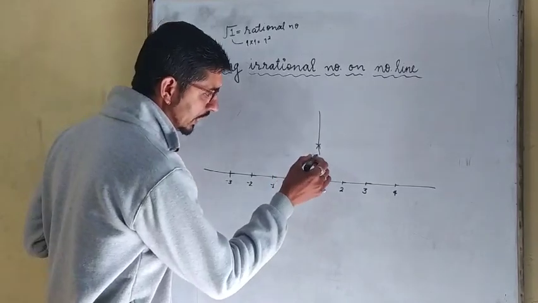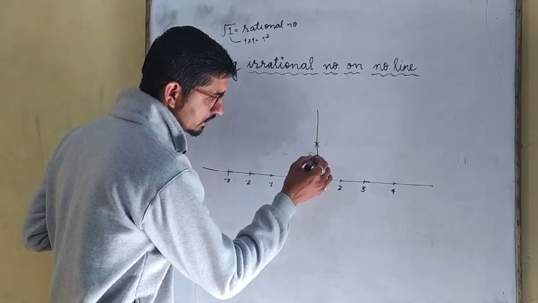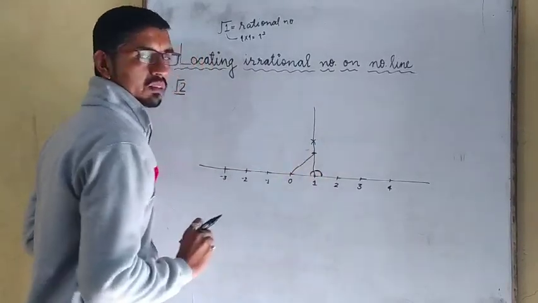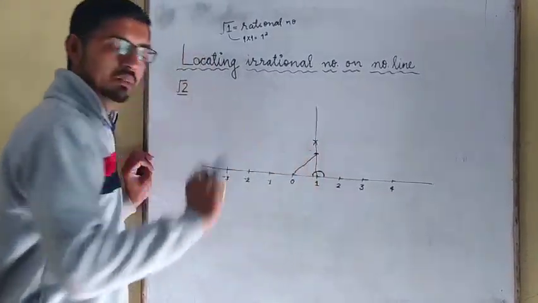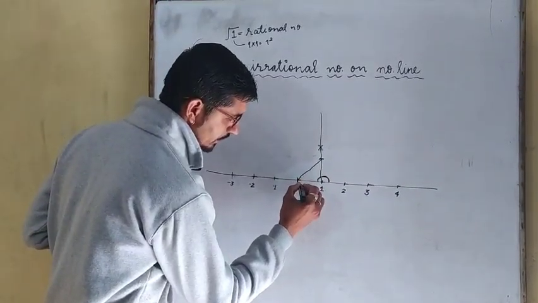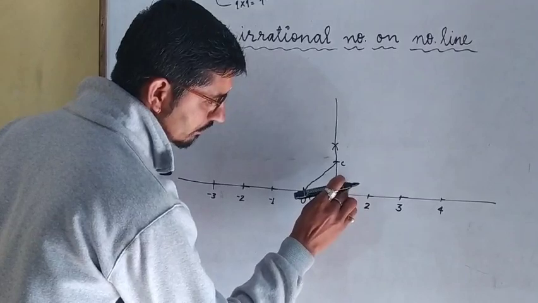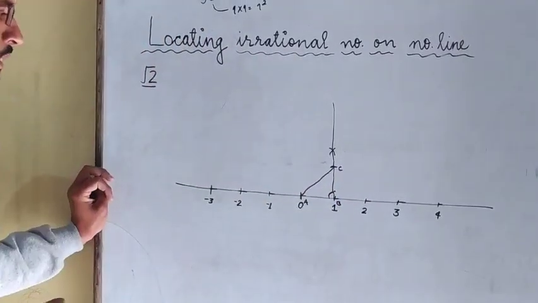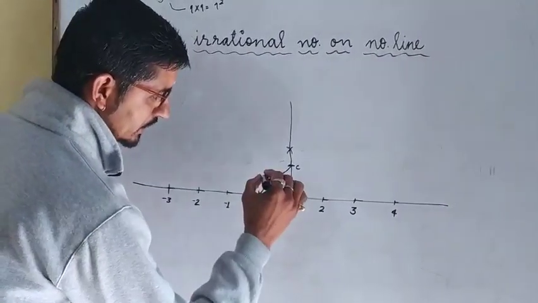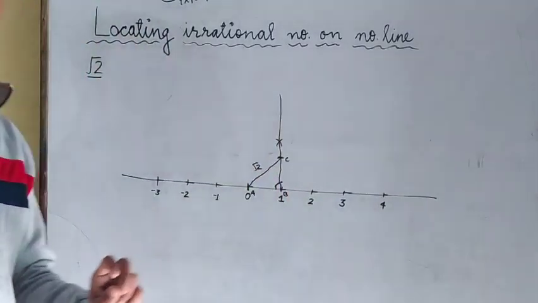Okay, now after that what you will do? You will join this point to this point. You drew the arc, opening the compass as much as you took here, and drew the arc here. Make this also of the same unit length as this one. Okay, now give them a name. Let's suppose it is A, it is B and it will be C. Okay, now after that what you will do? The distance from A to C will be known as root 2. The distance from A to C will be known as root 2.